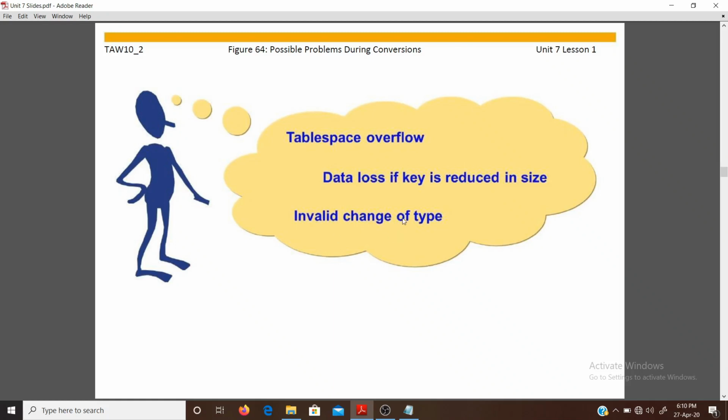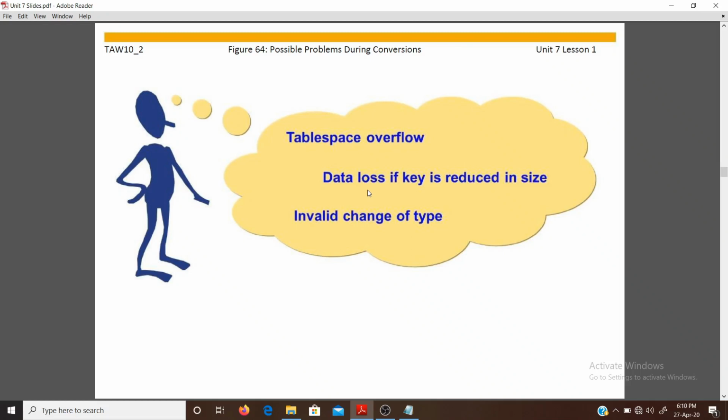The first problem: if there is excess data in the table space during the conversion process such that it overflows, the conversion process will cease. Another problem is that if you have shortened the key of the table, you will not be able to distinguish between the new key of the existing records of the table.